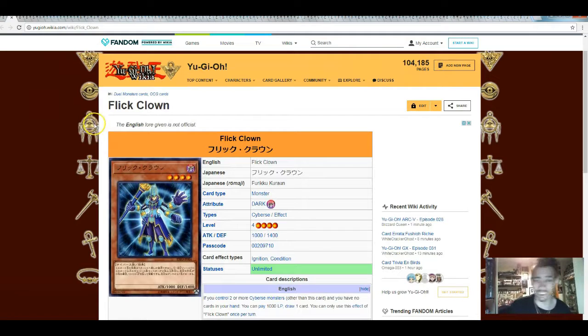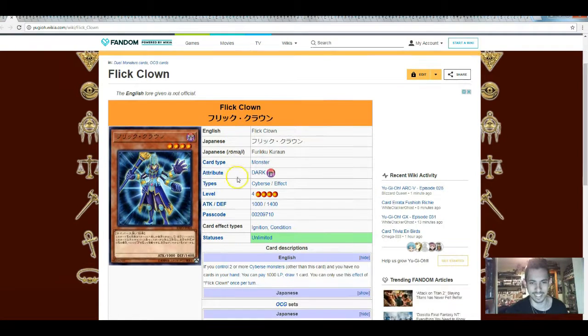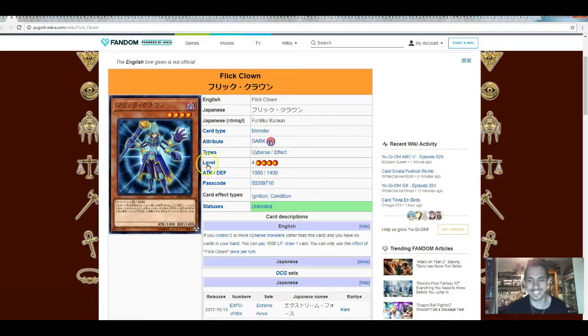Now we've got a Flick Clown, and you guys know I love clowns because I am the Joker. This card does not look like a clown. What? You cannot call this card a clown. It doesn't look like a clown, and I'm not liking that already. Now,